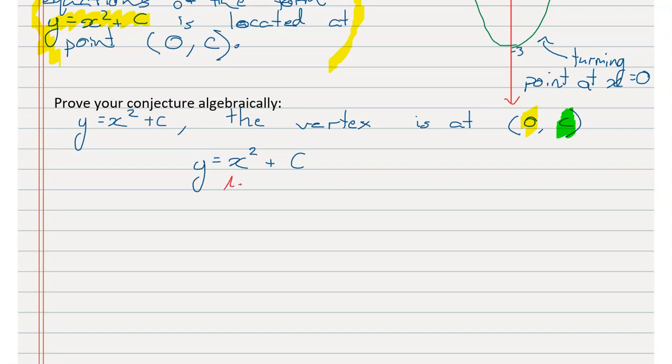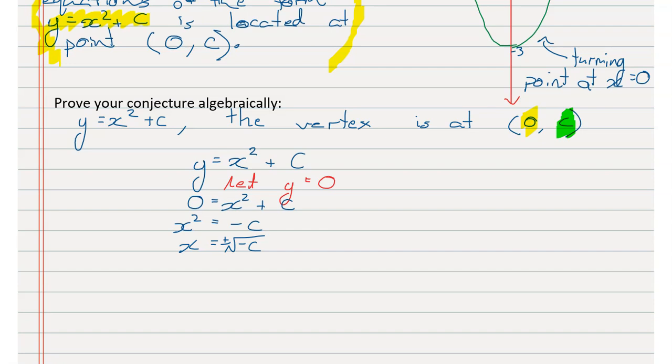So we'll say let y equal 0, then 0 equals x squared plus c, then x squared equals negative c, and then we take the square root of both sides. Notice we've got a negative in the square root here, but don't worry, it is plus or minus. So this would actually be a complex solution, but because we've got a plus or minus here, and we know that the vertex is always at the midway point between the two roots,